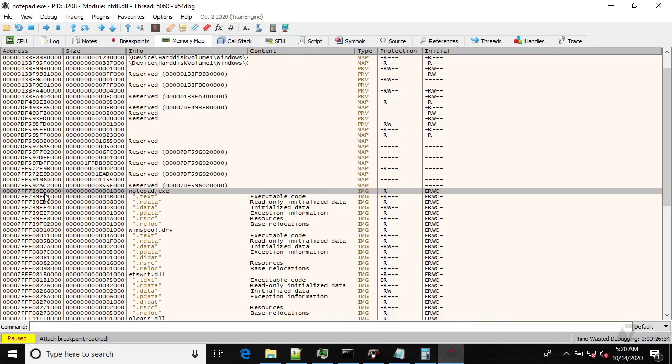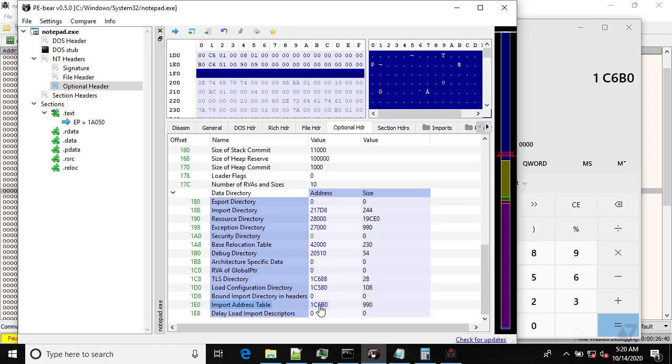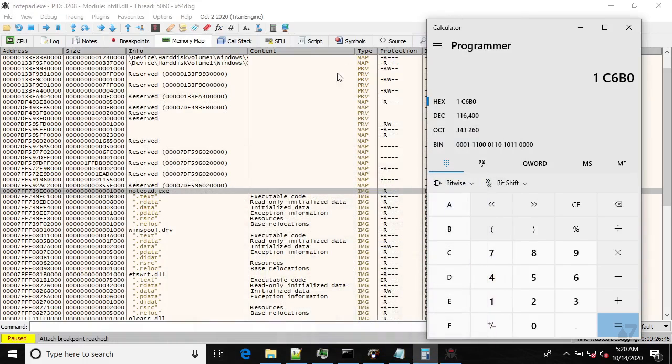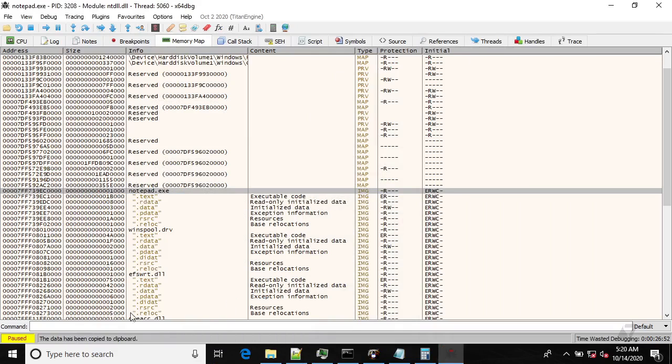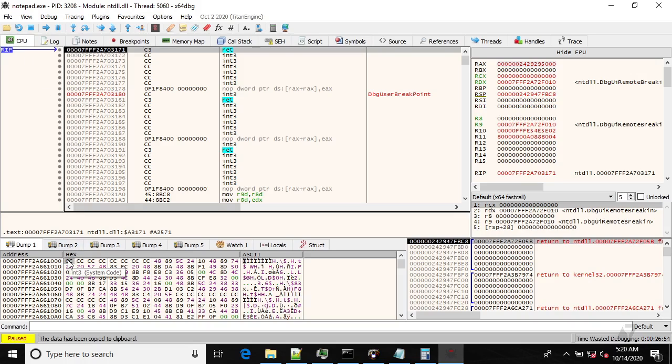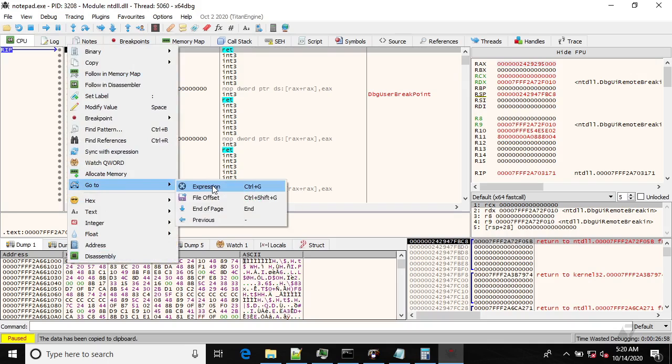Starting from this address plus the RVA of that value, or in other words, this value should point to our import address table in the process. So let's copy the address from here. Let's go to a dump and go to expression,